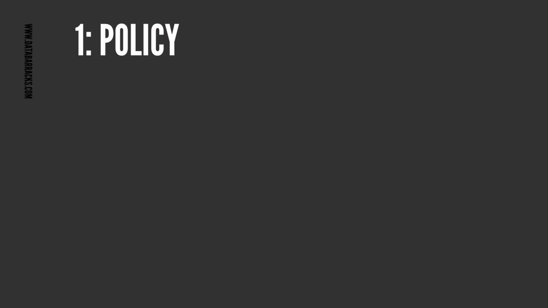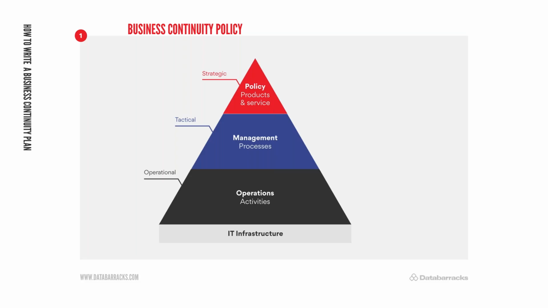Let's look at the policy and how it all fits together at the very top. Policy, of course, starts right at the top of the organization, and dictates everything you're trying to do. It's where the strategy is set for the business. That leads your management processes and then the operational activities that sit underneath that to deliver what it is you deliver. And we talk frequently about integrated business resilience because you can't have silos, especially in business continuity and resilience